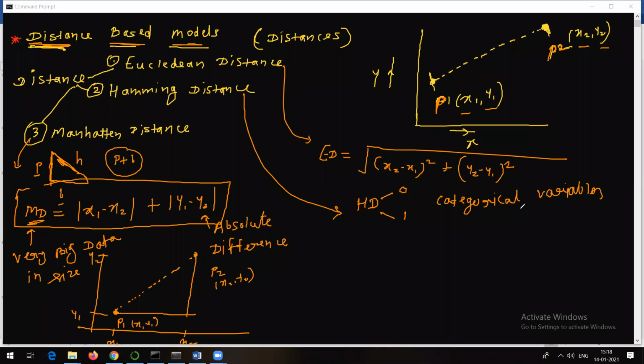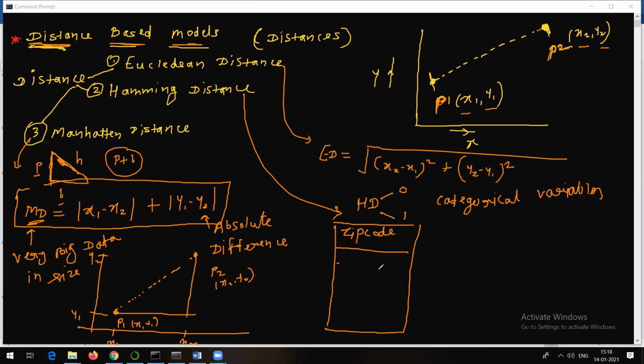Let me give a simple example. Suppose you have a data set, and in that data set you have a column called zip code. This is your feature attribute.